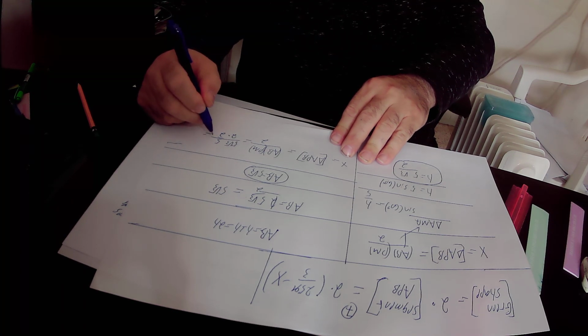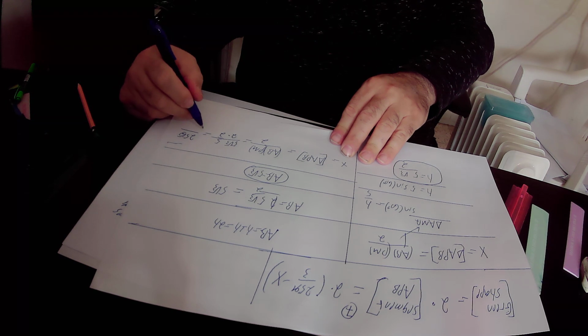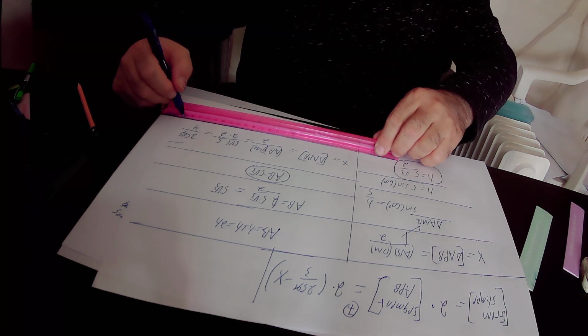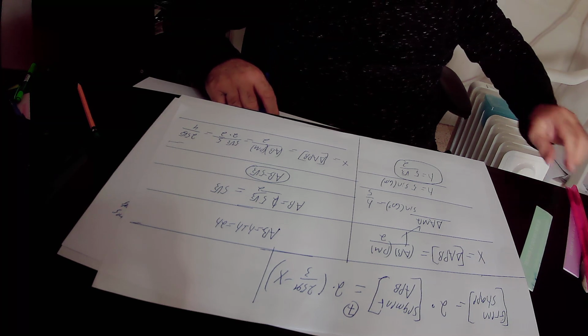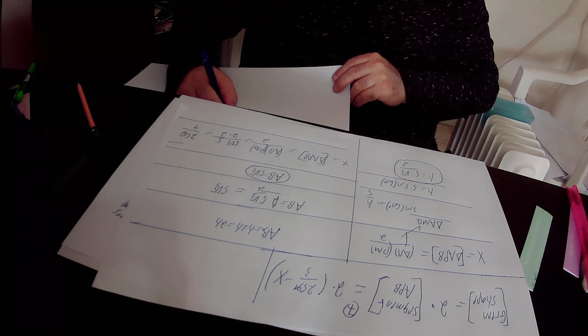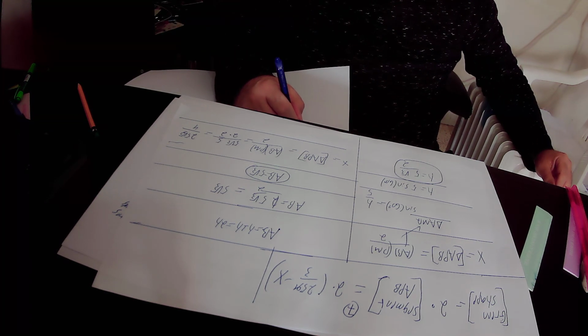So here, 5 times 5 is 25. So in the numerator, we have 25 times square root of 3. And in the denominator we have 2 times 2, which is 4. So in conclusion, we found out that x equals 25 times square root of 3 over 4,